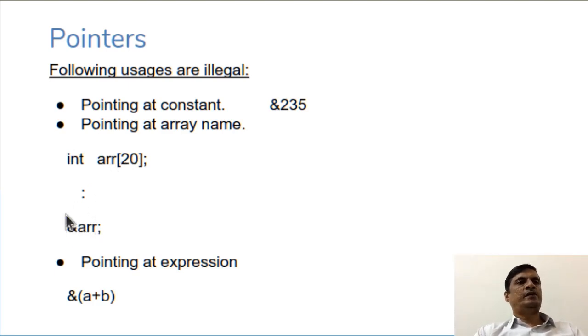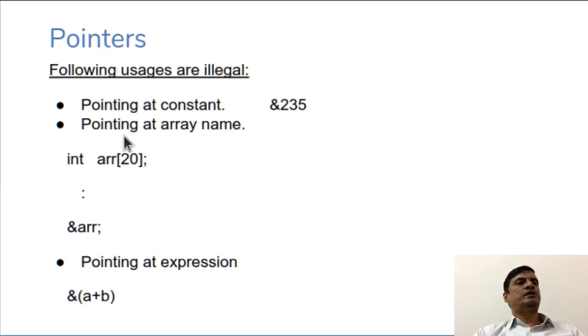By default, without ampersand, if you write arr, then it is going to have the base address of the array, the first index address. So if you write ampersand of arr, it is totally illegal to use it like this. Never in your programs try to use a pointer variable like this.